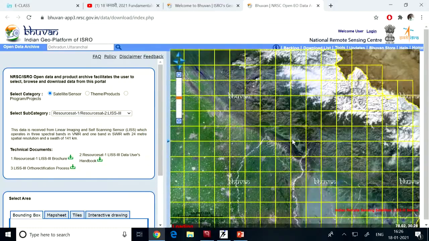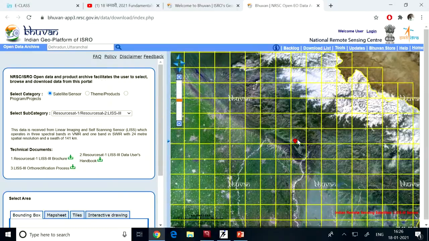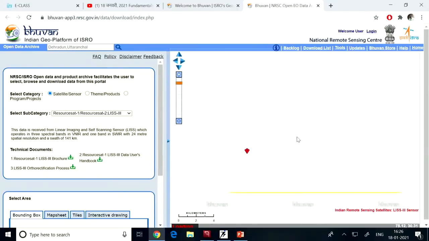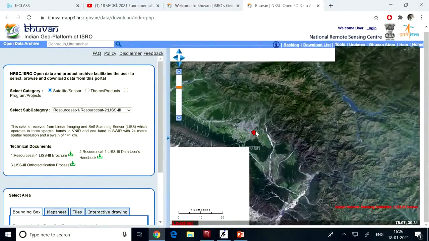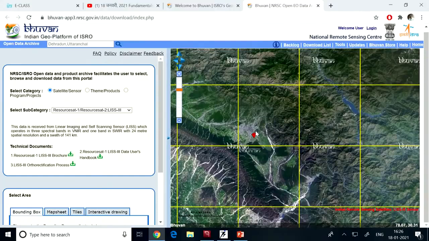Now, here if you see, the satellite data are not captured like this. In the Bhuvan geo portal we have arranged the data in tile form, approximately 25 kilometer by 25 kilometer is one tile. Although the sensors or satellites have their own swath, how much area they capture on the surface of the earth in one pass, that is fixed.